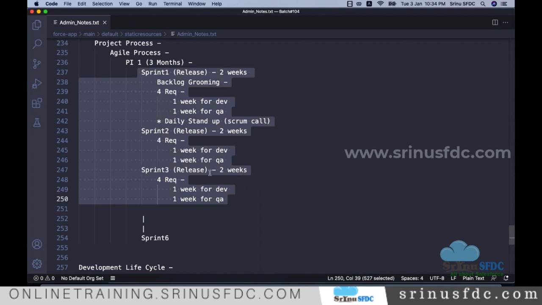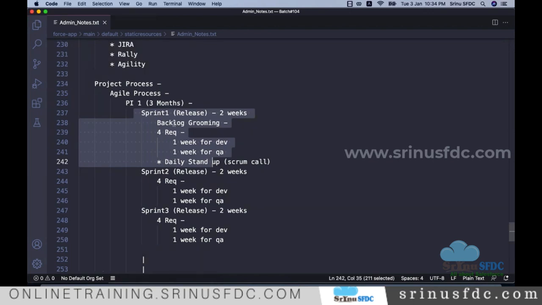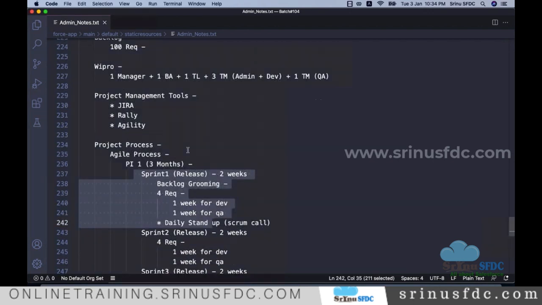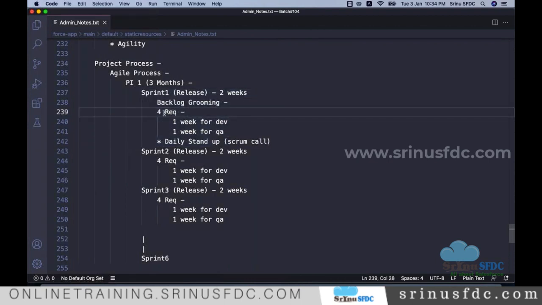So when you join a company, you'll be seeing sprints, and at least daily we need to update our status. It's like that. So like that the project will be maintained. Right now, when we start working, where do we work? That's the thing in Salesforce, where exactly we need to work. So before we understand that,